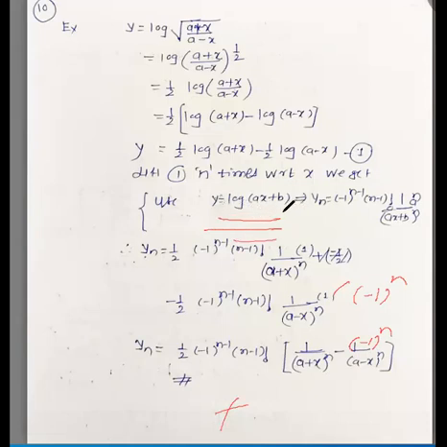Log of ax plus b equal to, this is the formula. There are 4 terms. Minus 1 raised to n minus 1, n minus 1 factorial, a raised to n upon ax plus b raised to n. So we have used this formula. These are the 4 terms: minus 1 raised to n minus 1, n minus 1 factorial, and minus 1.